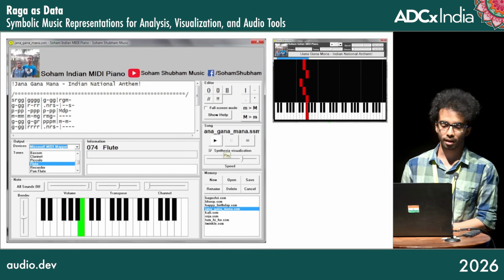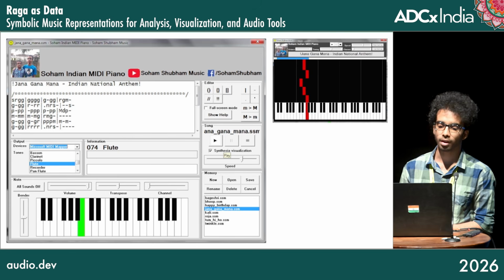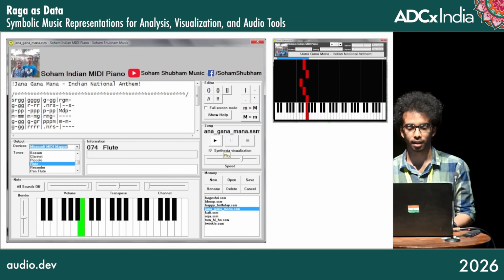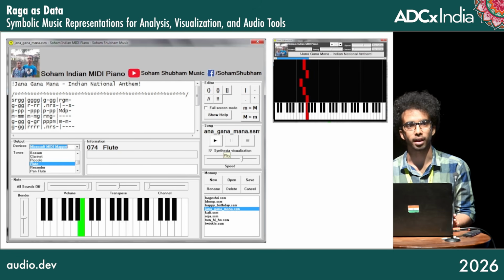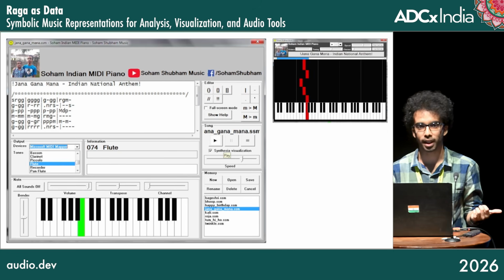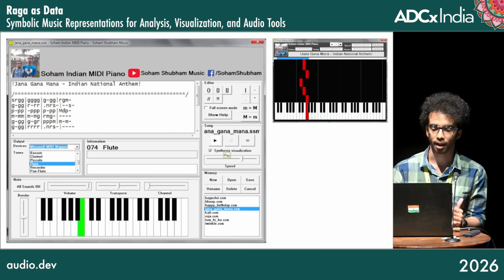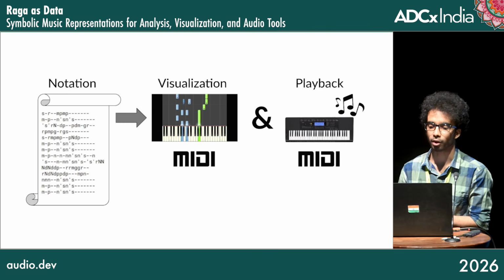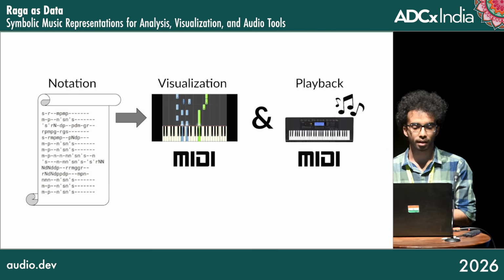So one of my earliest projects was something I called Swar Composer. So the idea was simple. I would enter North Indian classical music notation into it called Swarlipi. So I built a parser that could read the notation and play it back using MIDI. So it supported external MIDI players too, and we could visualize the music in a synthesia-like format. So the pipeline was simple. You write notation and the computer plays it back. So you get pretty visualizations also.